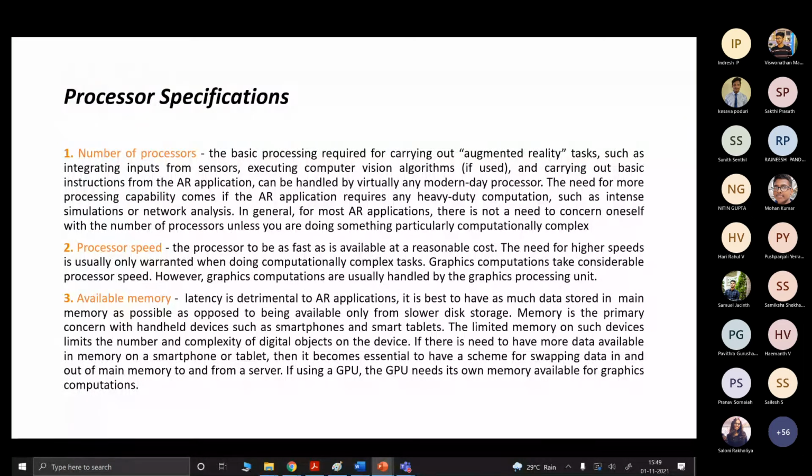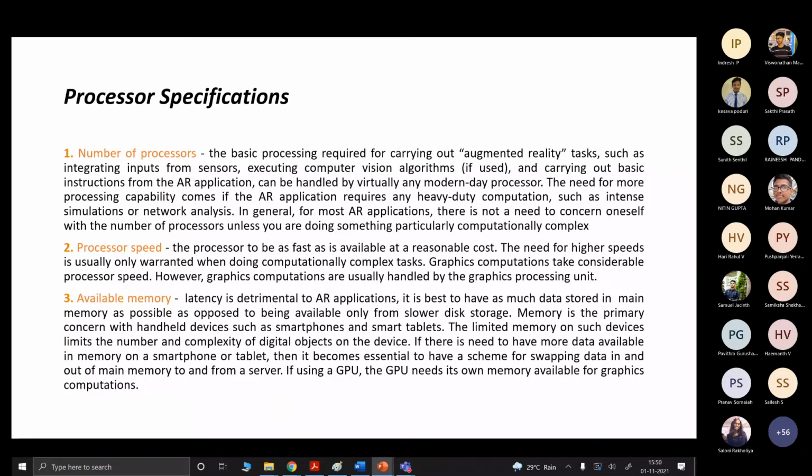When it comes to the number of processors, the basic processing required for carrying out AR tasks, such as integrating the input from the sensor, executing the computer vision algorithm, and carrying out the instructions from AR applications, can be handled by virtually any modern processor we have nowadays.